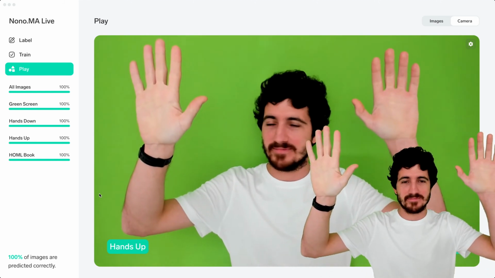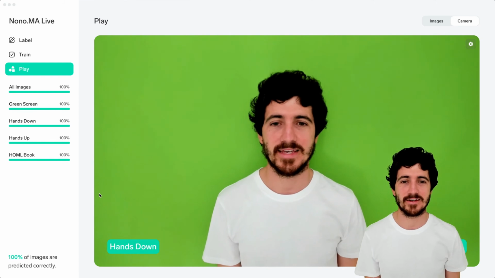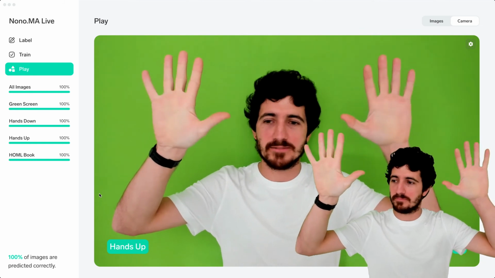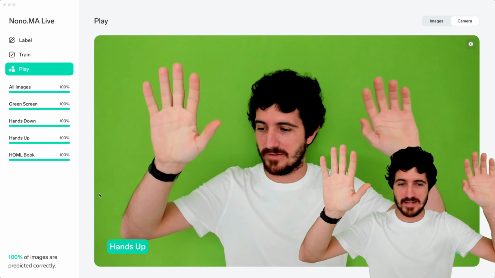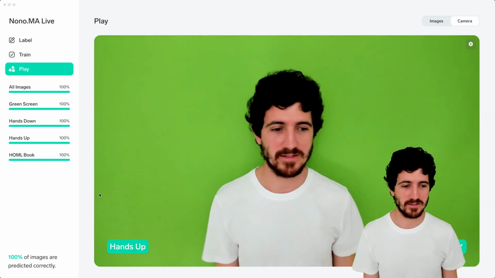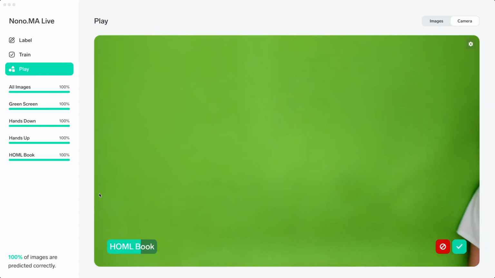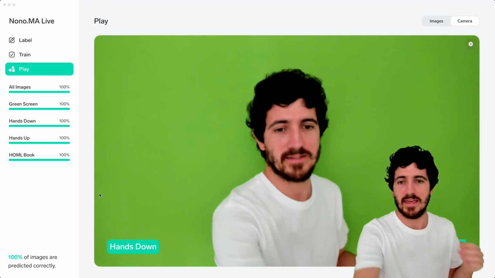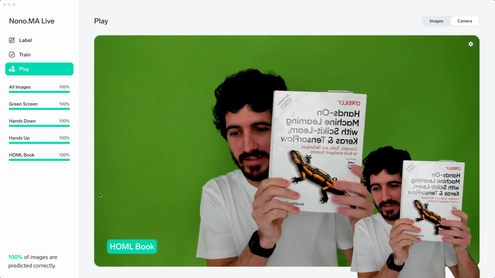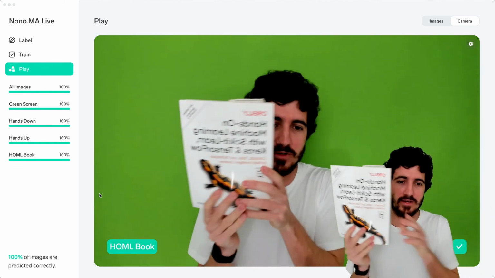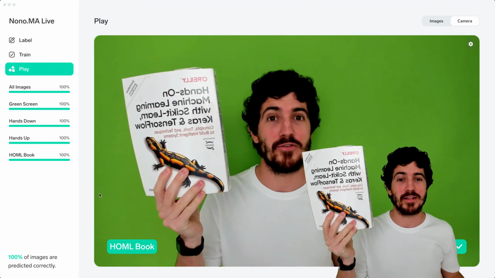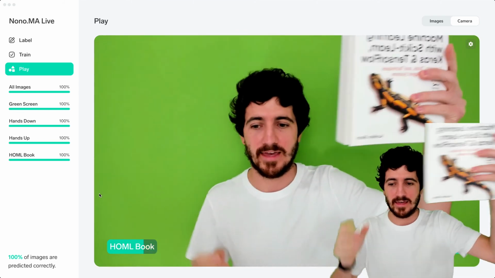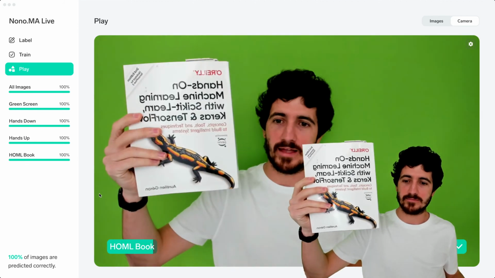Hands up, hands down, up. You know, this might slow down my computer a bit. It seems like the fan is switching on, but the good thing is that it works. If I go out, it says that the green screen is present, and if I get this book, it tells us that we have the Hands-On Machine Learning book, which is really good. It's working perfectly. It's actually recognizing everything that we've wanted to classify,